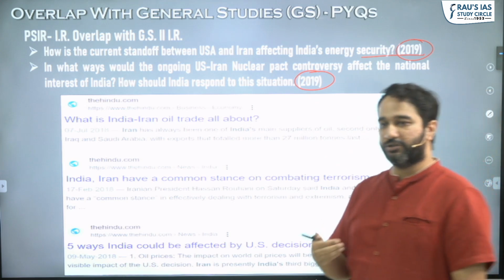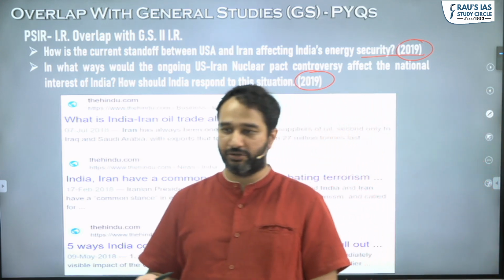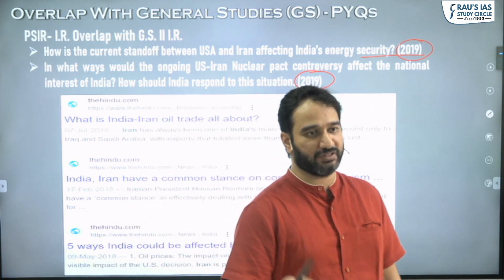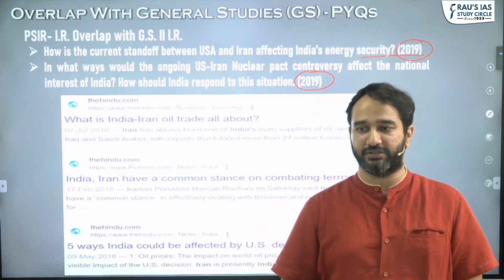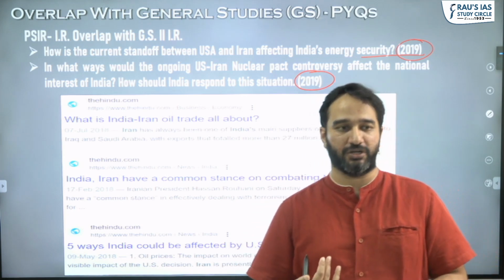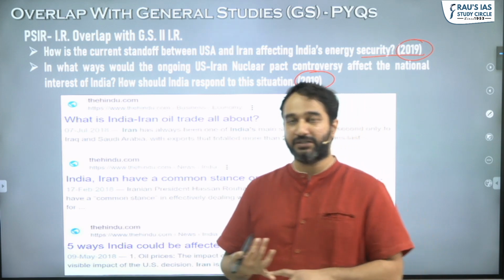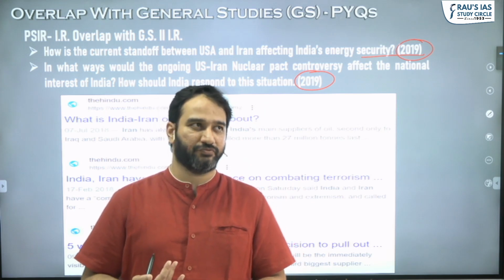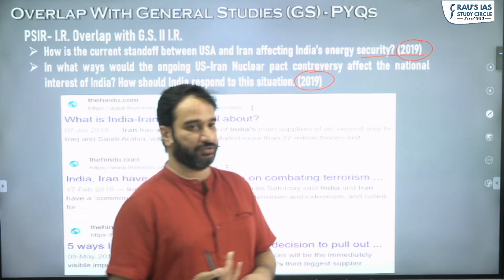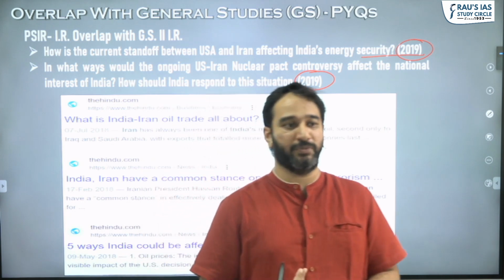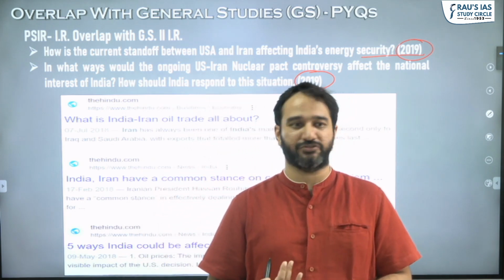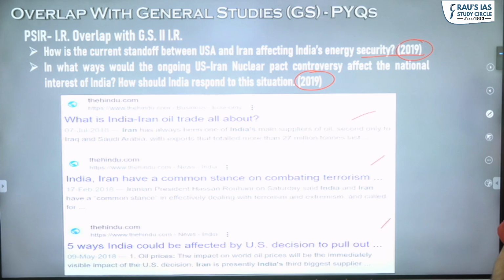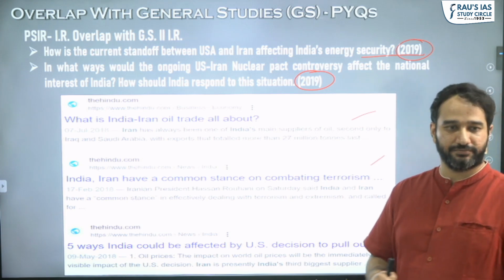The Iran and the US, Donald Trump putting sanctions on Iran, removing the USA from the Joint Comprehensive Plan of Action, the treaty that was signed with Iran, and what was the problem with India. We continued to invest in the Chabahar airport, which was allowed by the US, but we could not buy Iranian oil. Iran was, I think, our second largest importer, and it dropped below 10 because Donald Trump did not allow us. So both of them were covered within the Hindu paper and asked in PSIR.